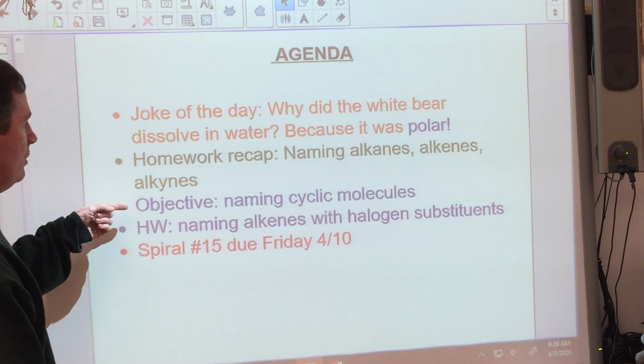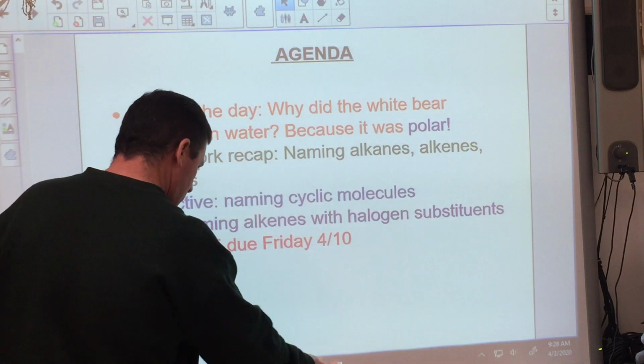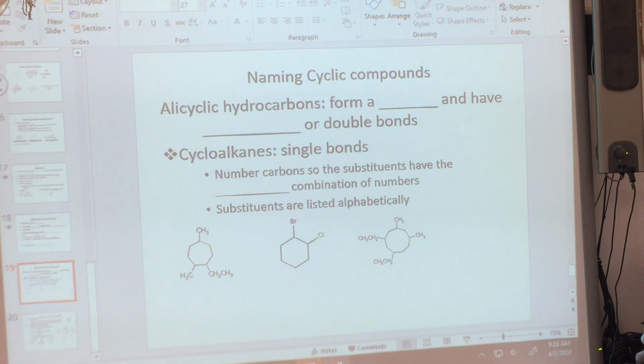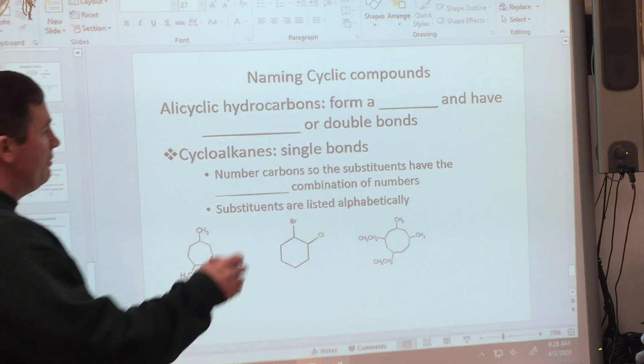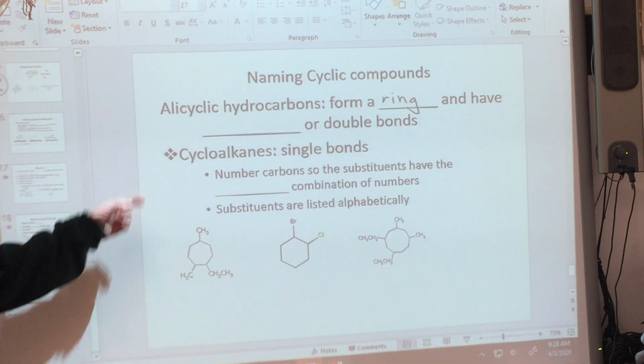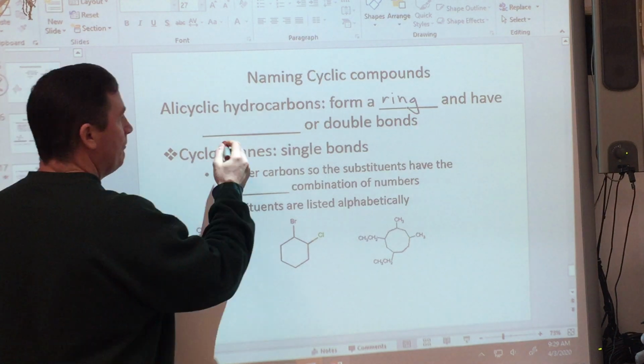So, we're going to learn about naming cyclic molecules now. All right, so this is the second to last page of this, and this is the last item as far as naming goes. So, naming cyclic compounds. Alicyclic hydrocarbons, these form a ring. So this is contrasted to aliphatic, which is a chain. So alicyclic, they form a ring, and they have to have